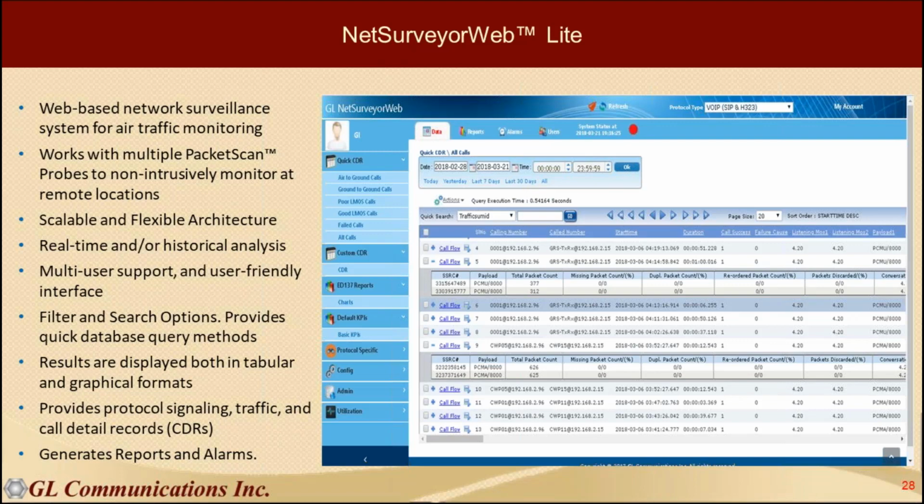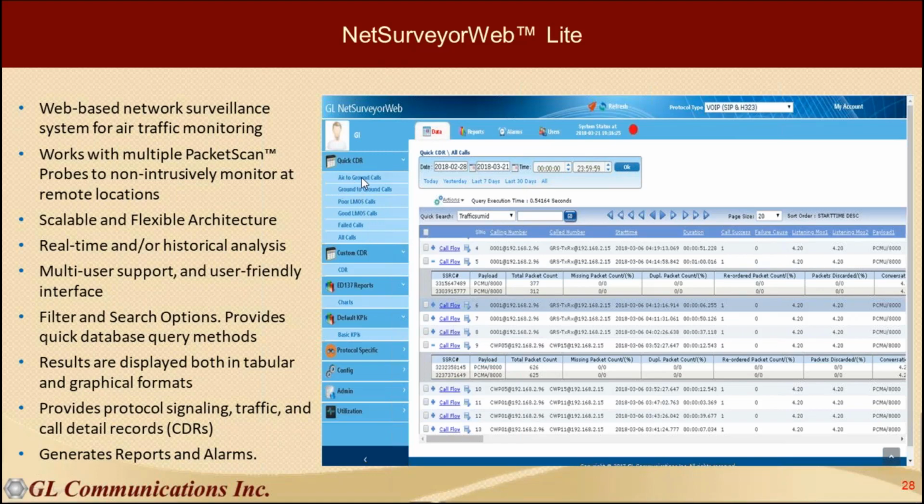Yeah, this is the call detail record view. You can see here, this is the signaling information, and again there is a two-way traffic. Okay, so similarly for each captured call, we are going to display all these details. And apart from this, there are some quick CDRs links where if you want to look at only the air